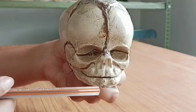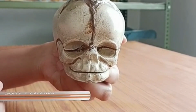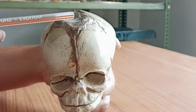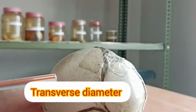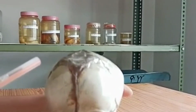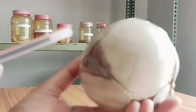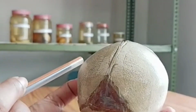The third diameter is called submentobregmatic. It extends from the floor of the mouth to the center of the bregma. It measures 9.5 centimeters. Now we shall see the transverse diameters. The first diameter is called the biparietal diameter. It is between the two parietal bones. It measures around